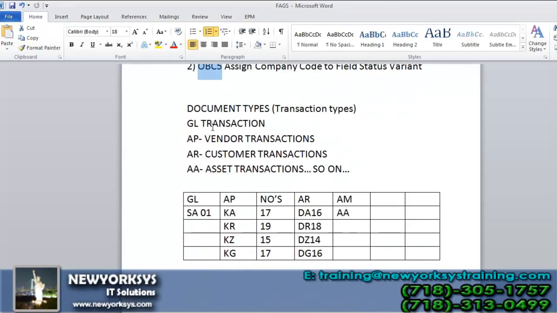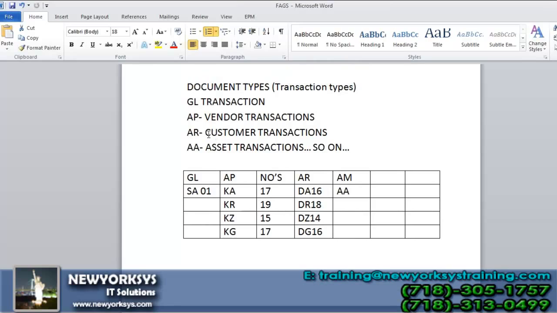Now coming to the document type. A document type, like say general ledger documents are there, or accounts payable documents, or accounts receivables, or asset management. These are all types of documents which are used in the business, right? So in SAP, the document types are identified with technical keys.